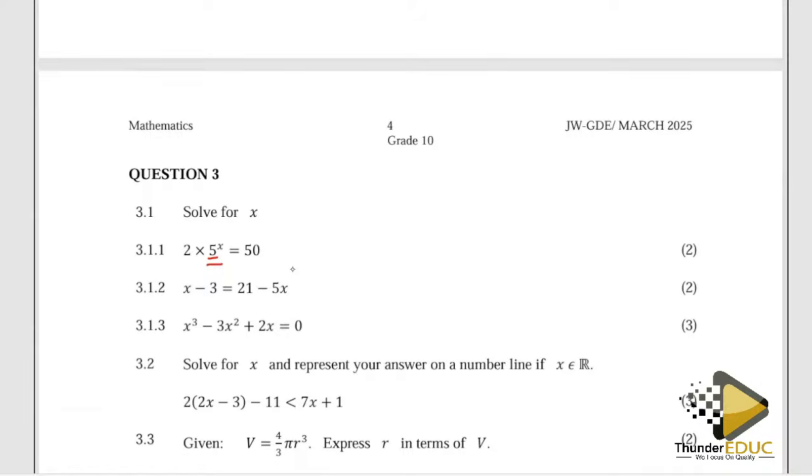For exponential knowledge to apply, I need to get rid of this so that this 5 to the x is left alone. So I'll divide both sides by 2. Okay, so I'll have 5 to the x is equal to 25. And then I'll change this 25 to a base of 5. So 5 to the x is equal to 5 squared. And then I'll drop the bases. Therefore, our x becomes a 2. Perfect. And then we move on to